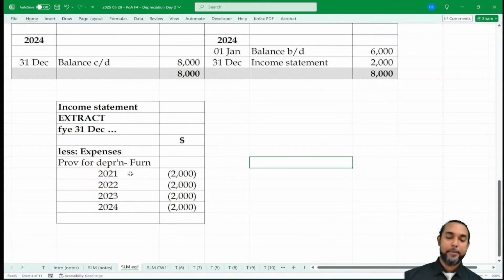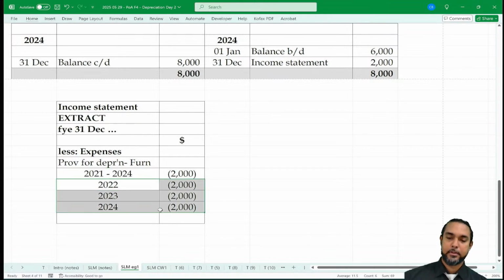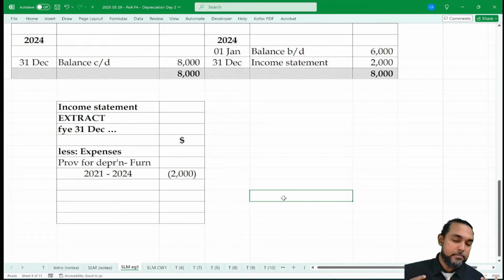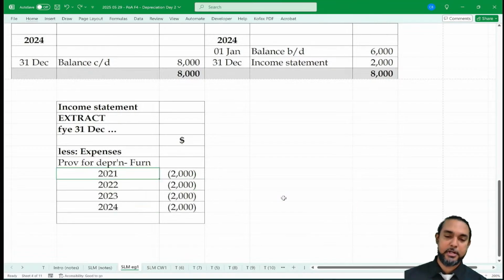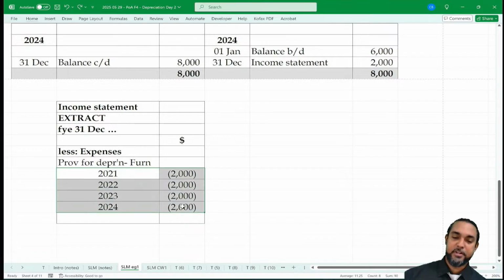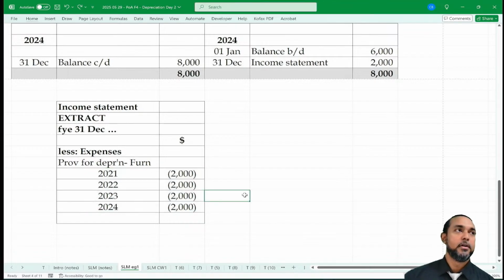Right, now normally I would tell people to put 2021 to 2024 and just put one line. However, I have since changed my thoughts on that, and I prefer you all to show, even though it's the same figure, over 4 years, show them differently. Because when we get to the